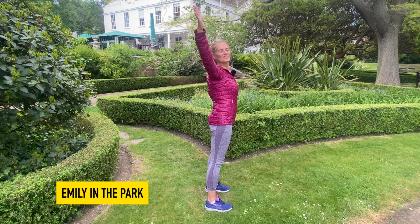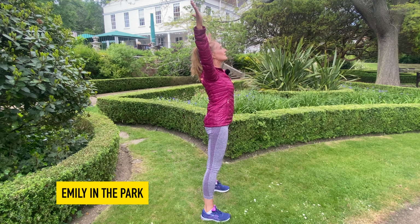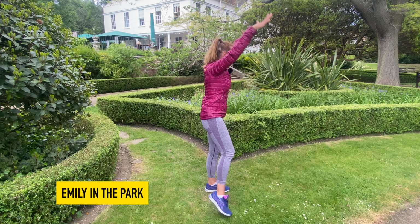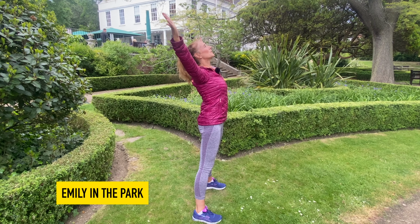Really holding that just for a second before you take both feet together and both arms together and open up that chest. Keep looking front, squeeze those shoulder blades down and back. Imagine there's a string from the center of your chest, lifting it up to the ceiling and contracting that tummy a little bit to soften, and breathe out and lift and open that chest again one more time, holding it